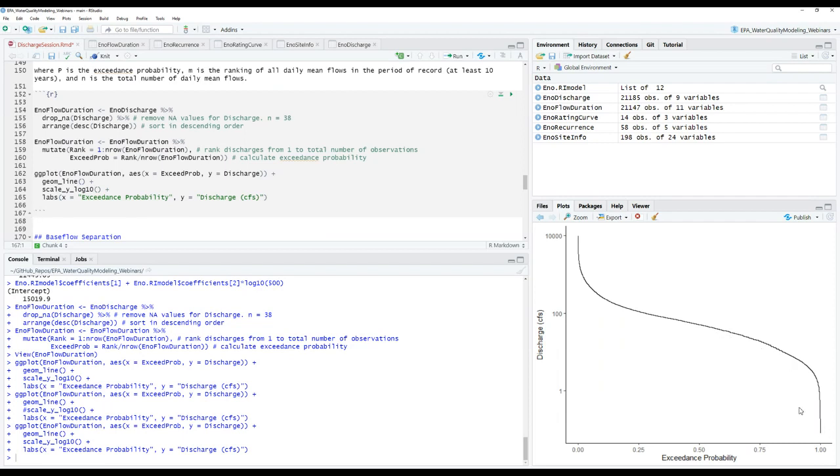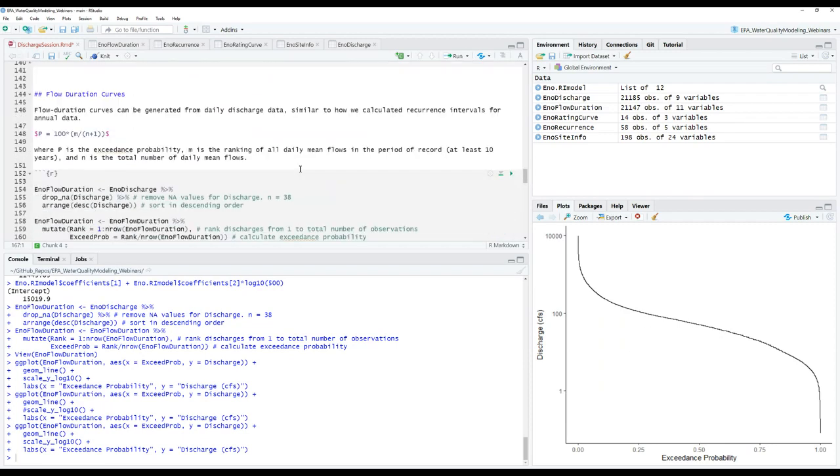You've got almost 100% probability that on any given day, your discharge will be above 1 cubic feet per second. Whereas on the other hand, you've got almost a 0% probability that your discharge will be above 10,000, even above 1,000 cubic feet per second. And again, these are the daily discharge rather than the peak discharge in each year. So a little bit different application, but we're still drawing on some of these same ideas of ranking all of our flows in order.